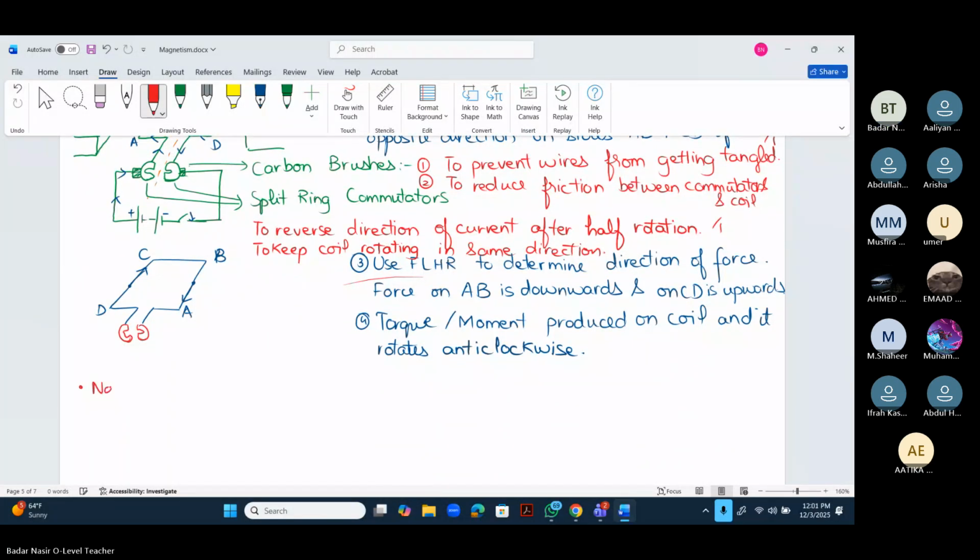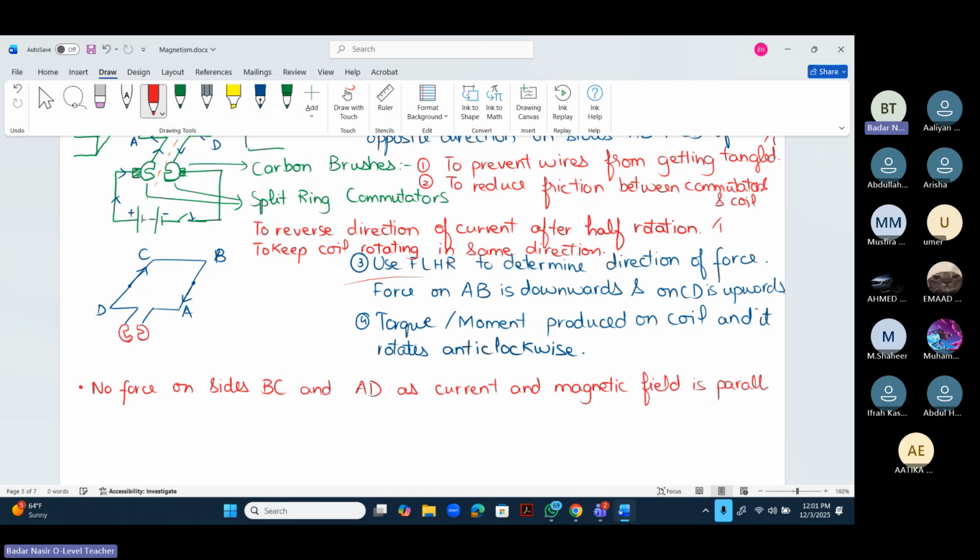No force on sides BC and AD as current and magnetic field is parallel. बेटा, फोर्स प्रोड्यूस होने के लिए दिस इज नेसेसरी कि जो करंट और आपकी मैग्नेटिक फील्ड है, दे शुड बी परपेंडिकुलर टू ईच अदर। इफ दे आर नॉट, देन देयर विल बी नो फोर्स, ओके।